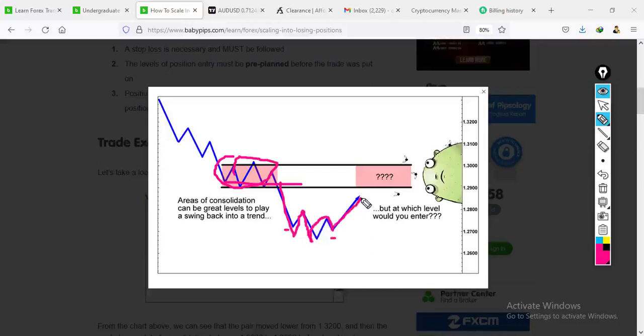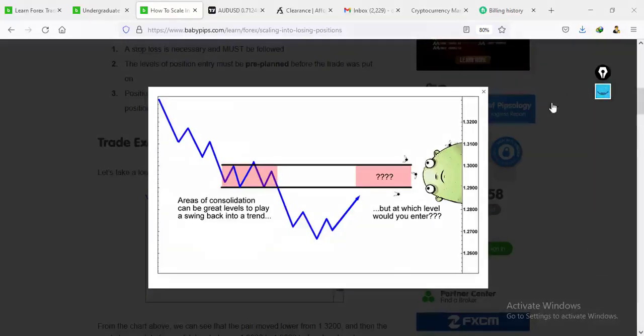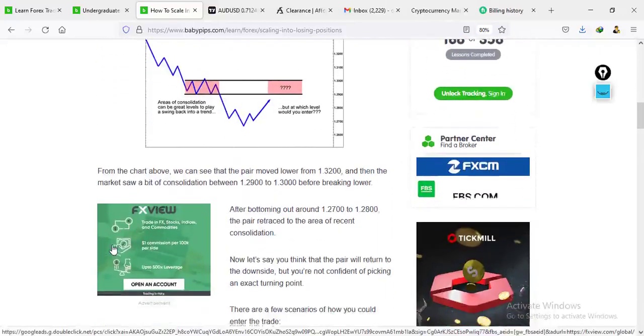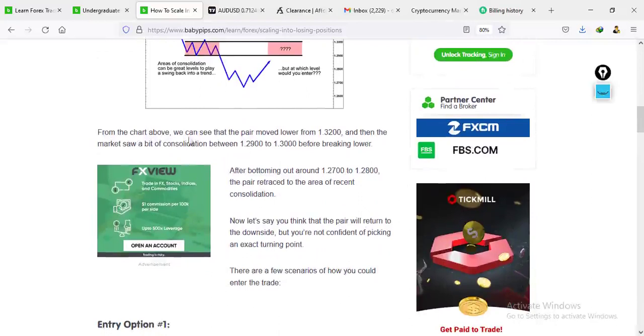Price pushing back up to retest this previous support, now turned resistance. So what is the best way to get into this market with our tricky example? From the chart we have just considered, we see that the pair has moved lower from this area here